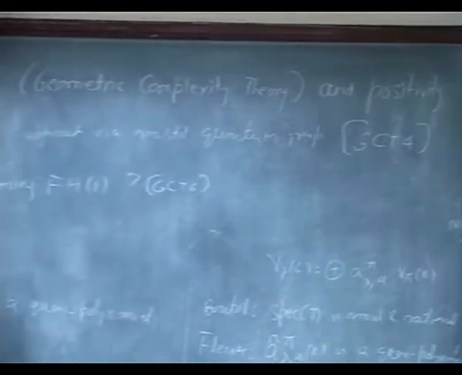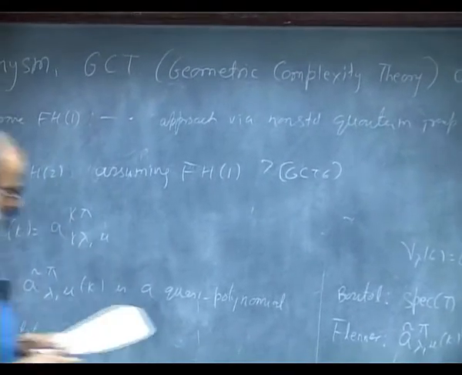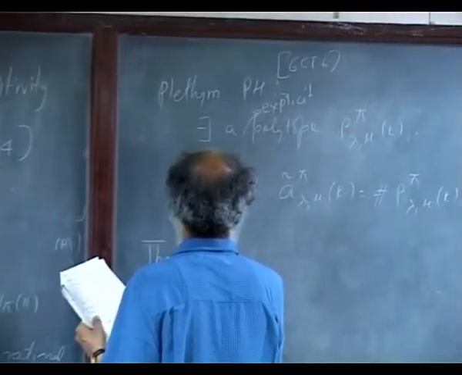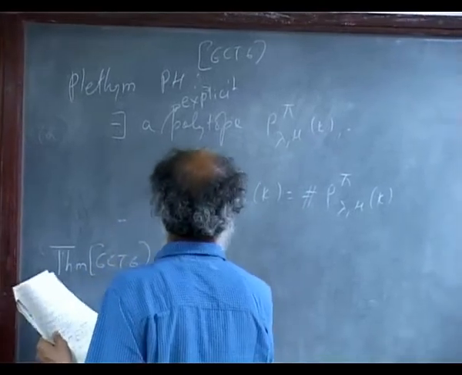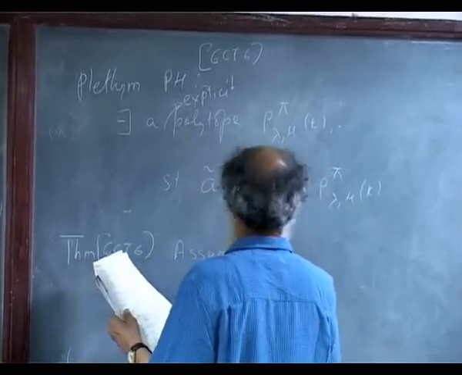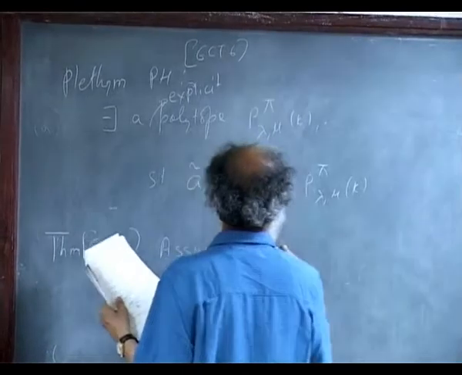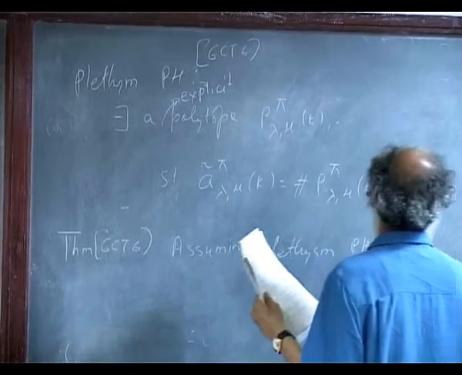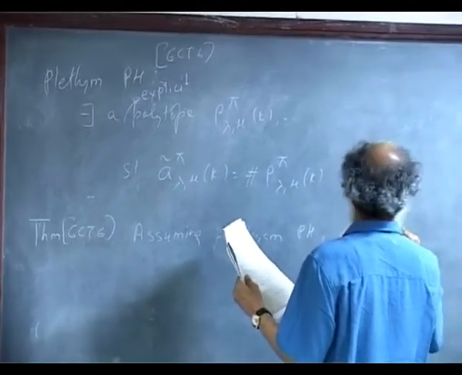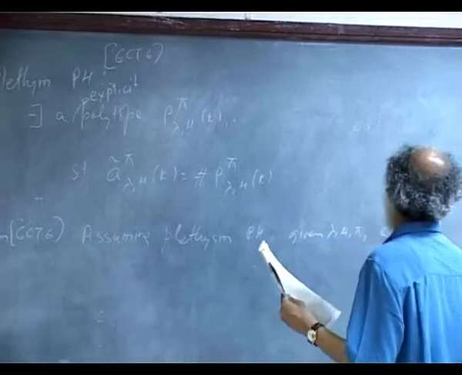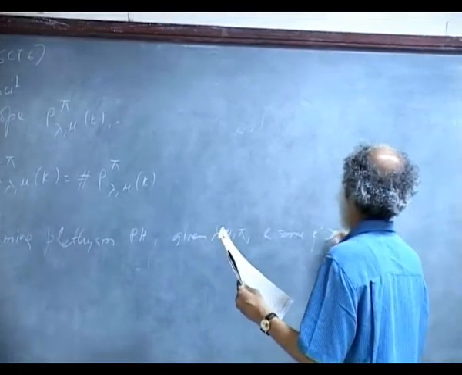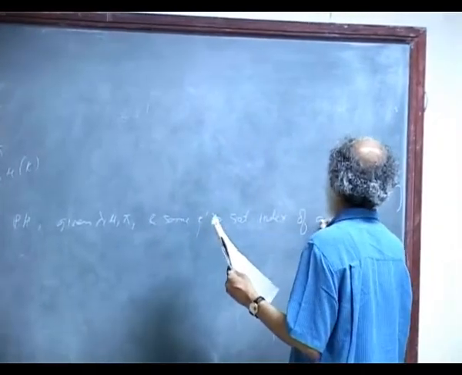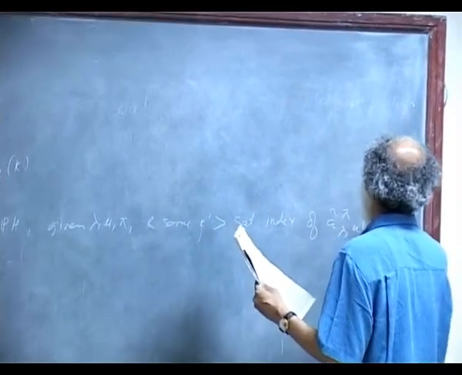So, these are the two positivity hypotheses, and with that the theorem is that, assuming Plethysm PH, and given lambda, mu, pi and some k prime greater than the saturation index, which is small, of A tilde pi lambda mu k,